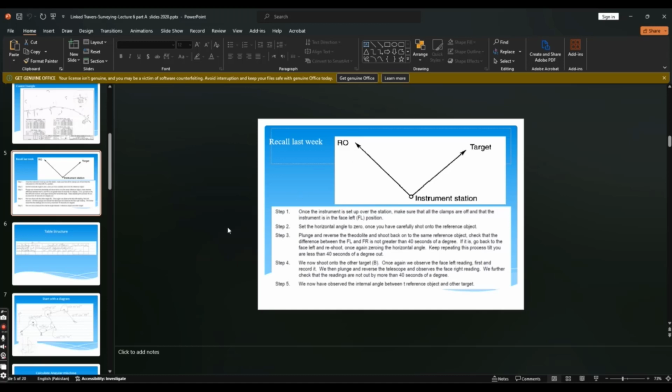Step number 2. Set the horizontal angle to 0 at the reference point, once you have carefully shot onto the reference object. Step number 3. Plunge and reverse the theodolite or your total station and shoot back on the same reference object. Check that the difference between the face left and face right is not greater than 40 seconds. If it is more than 40 seconds, then repeat